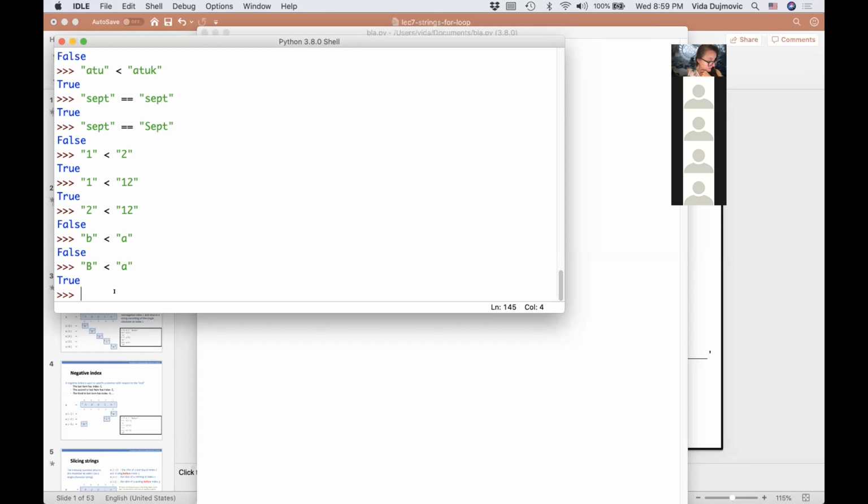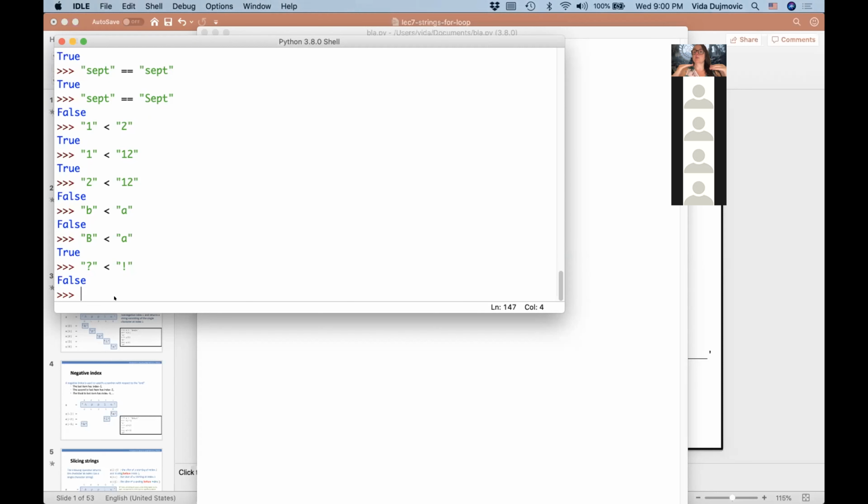Okay, you can even ask things that are kind of nonsensical. Let's say we can ask, is the question mark less than the exclamation mark? And we get false. Basically, there's a total order on all the characters in Python. Some parts of this total order you know naturally.